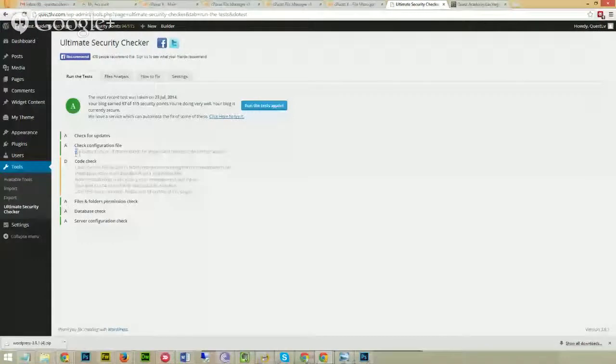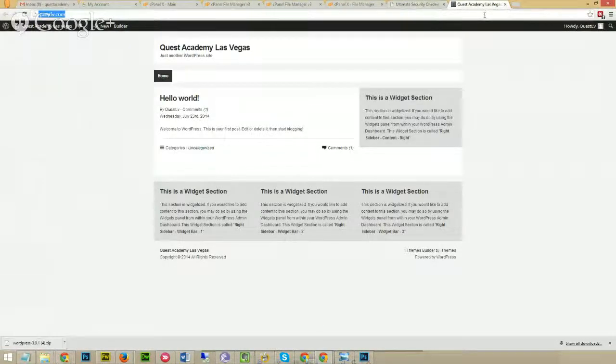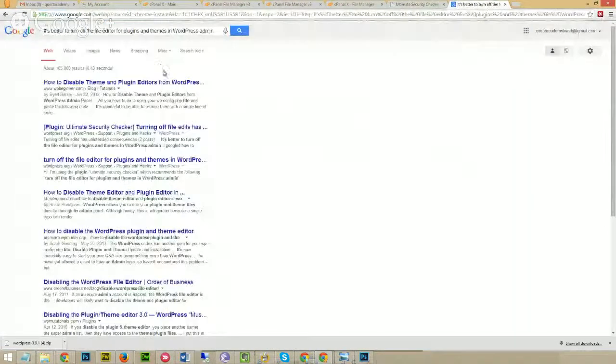Alright, so it's better to turn off the file editor for plugins and themes in WordPress admin, which I think is a great idea, because if your client gets in there, they can break your site. So what I do is I usually copy these and I put them in Google. I don't need to remember how to do all these things if Google can answer it for me. So I'll go and find, usually it's the first, second, third result,